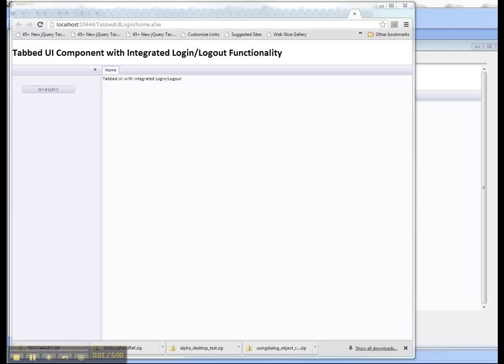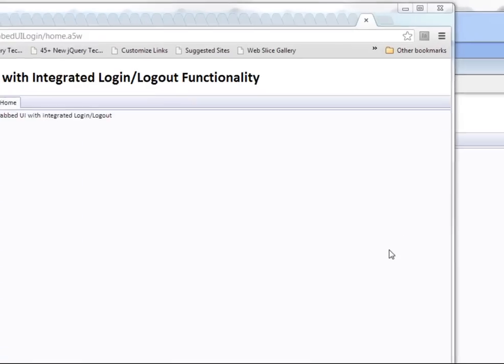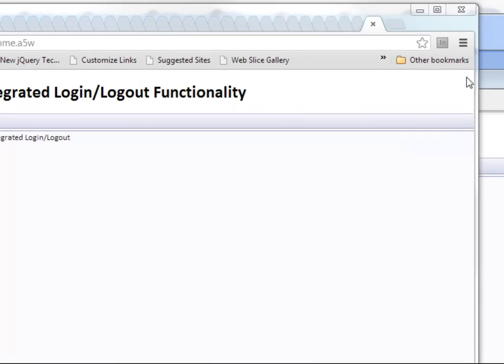In this video, we're going to demonstrate how the tabbed UI component in version 12 has been enhanced so that you can now integrate login and logout functionality directly into the tabbed UI. So this is very important because a lot of applications are built with the tabbed UI as the home page of the application, and a very common pattern that you see in web applications is for login and logout links